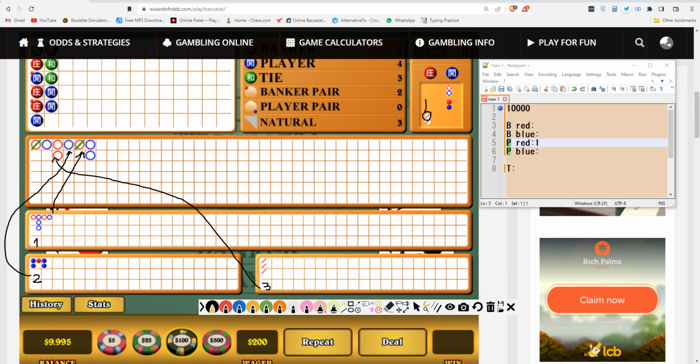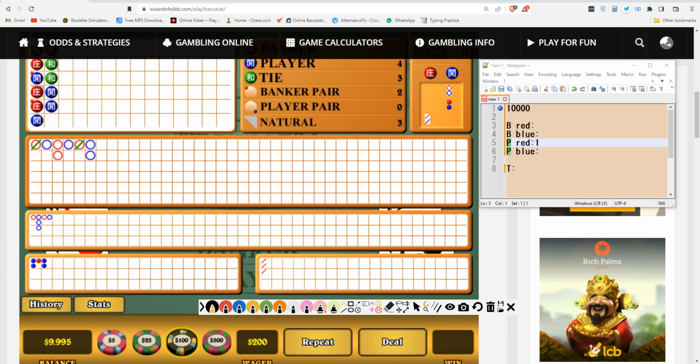This one a banker red, this one a player red, and this one a player red. Yeah, because these two are singles, but this one is a double here, this one. Okay,